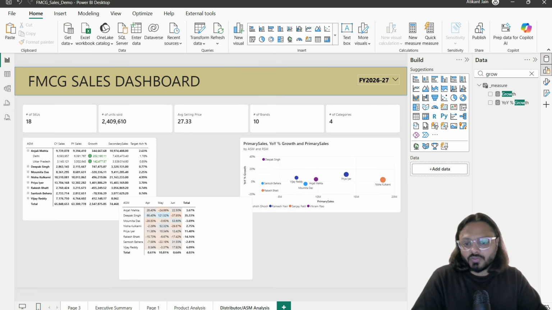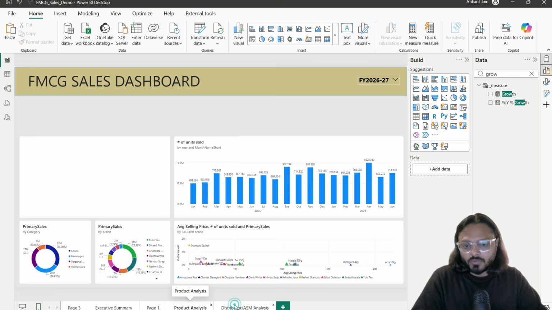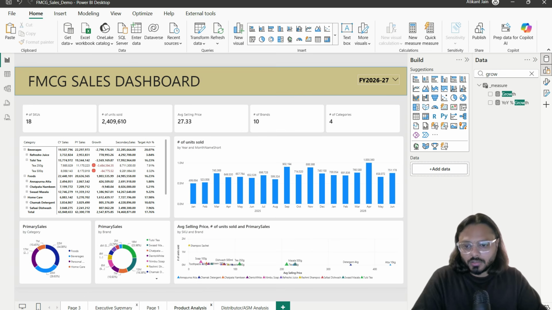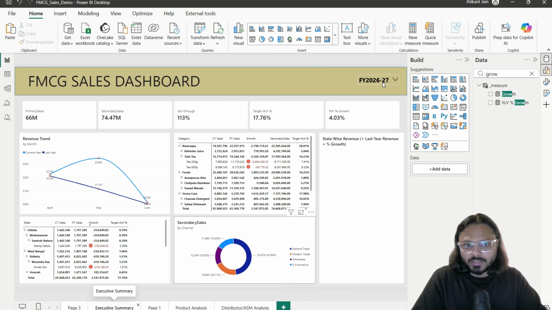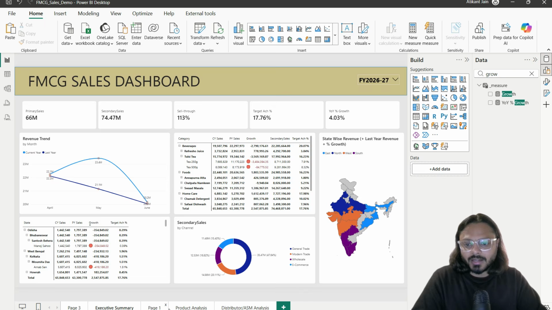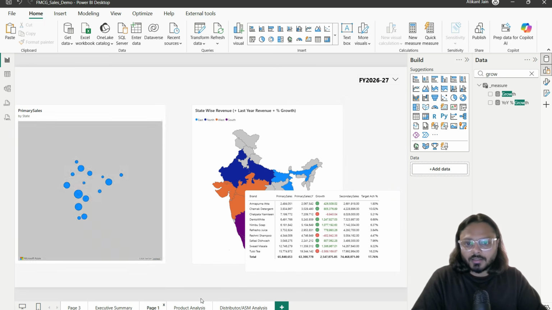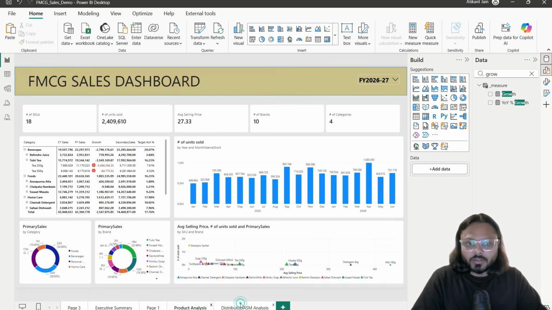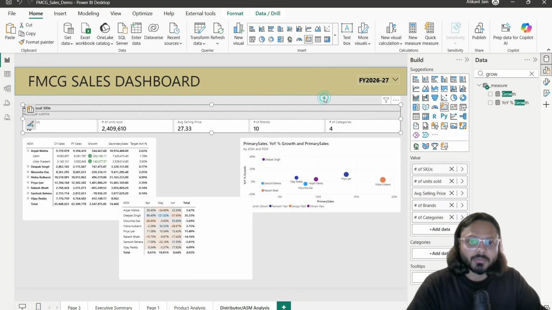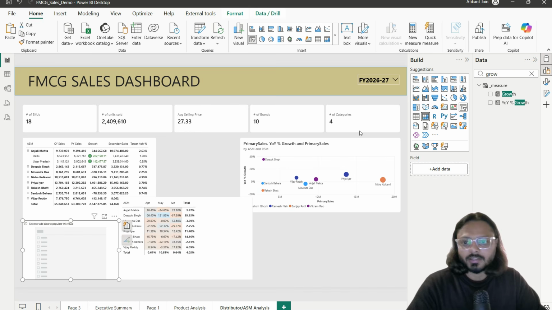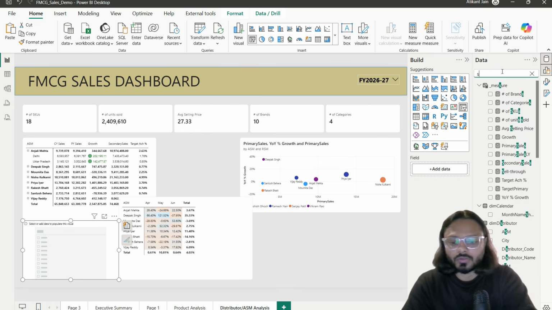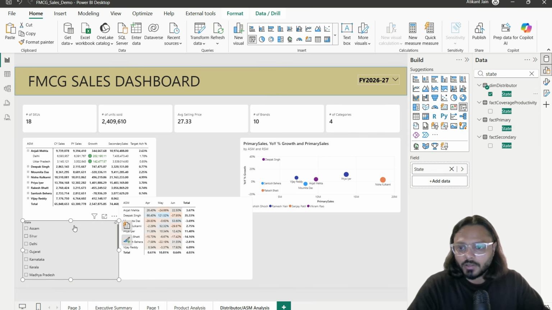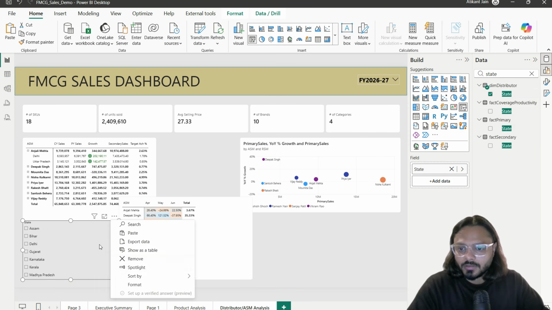And one more thing which we did not add in any other page was adding more filters. For example, if you see in product or executive, you will see only financial year has been added, and this is fine, so this is not required. So now we can add new filters. So let's add one more filter. For example, I want to add a filter for state. So I will go here, go to state, and look for the distributor, and over here I can have a